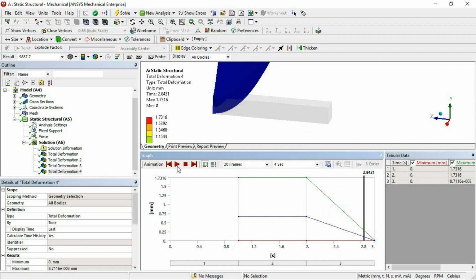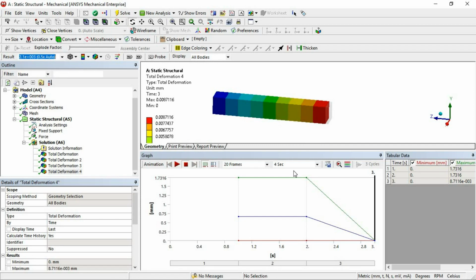This is your play button, this is your stop, this is for the next time frame, and this is your previous frame. Here you can select the respective frames as per your convenience, and this is the time in seconds: 10 seconds is reduced speed, and 0.5 is maximum speed. So what I will do, I will make it